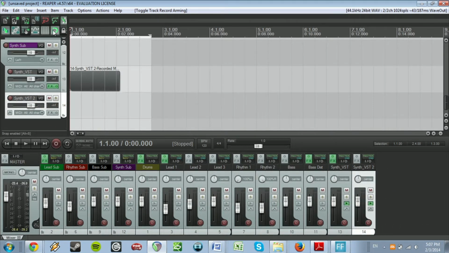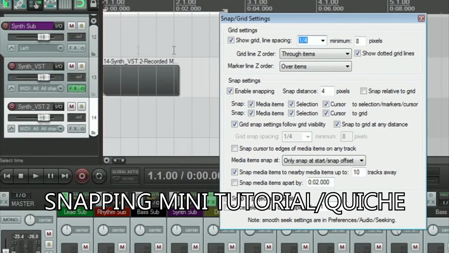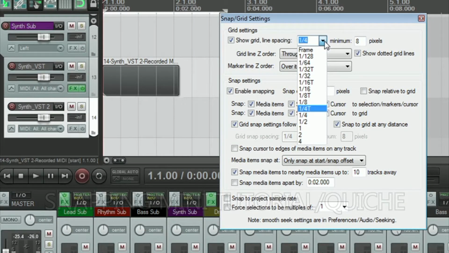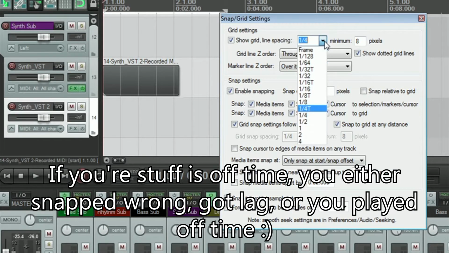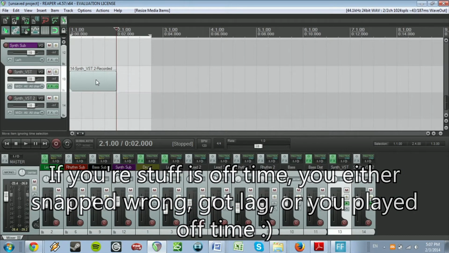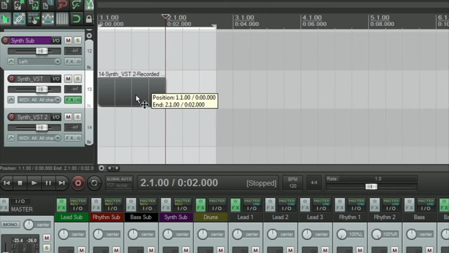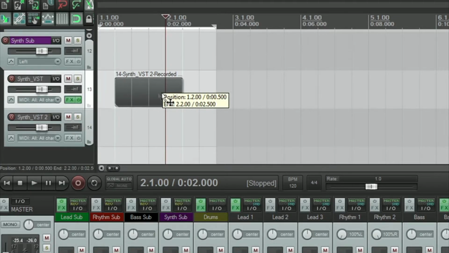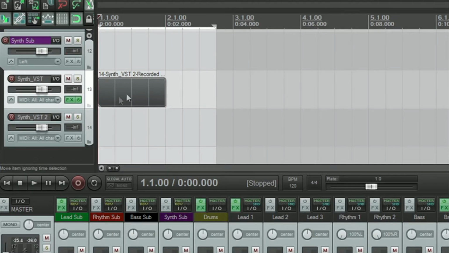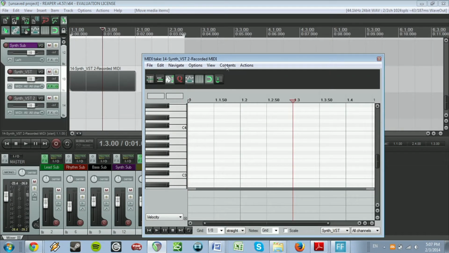So right now I have this option on called snapping. If you right click it, you can see there's some options here. This is where your snapping, or aligning things automatically, tool will go. So you generally want to have it not too high. I've had snapping probably on 1/4 or 1/8 the whole time. Do not get cocky and put it higher. Sometimes if things are out of shape, I just turn off snapping and line it up manually. But if you're still learning how to use a DAW properly and get things to sound right on time, try to avoid it. Now all we have to do is double click here